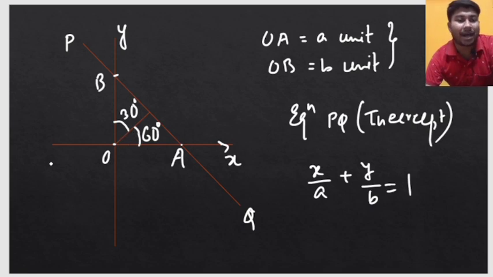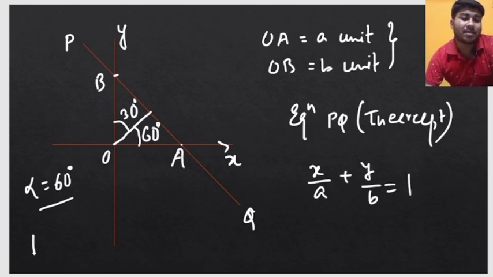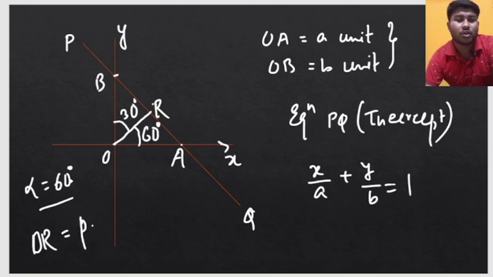So the value of alpha we now know, but the distance of the perpendicular is also required, and that is not given in the problem. So let us suppose this is P, and suppose this is any other point R, and this is the perpendicular. Let us assume that the perpendicular distance is small p, which is not given. So if the alpha value is 60 degrees and the length of the perpendicular is p,